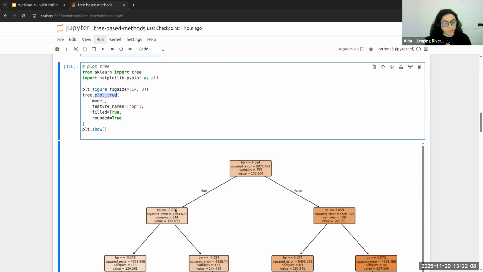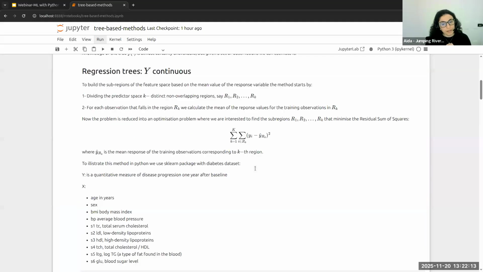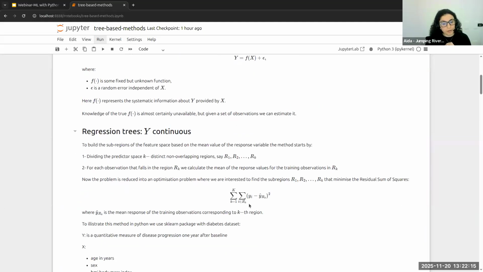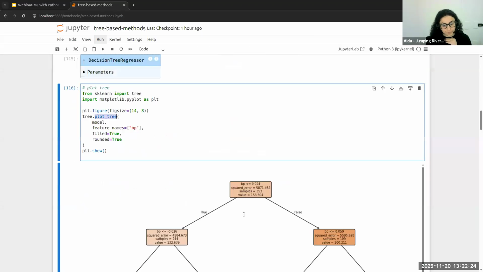So at each step, at each node, the metric of residual sum of squares has been calculated and optimized for that threshold, right, for that node.